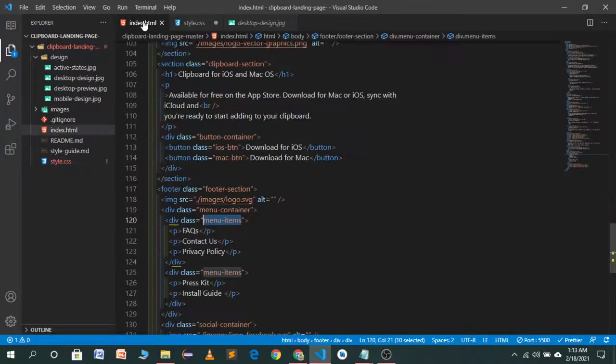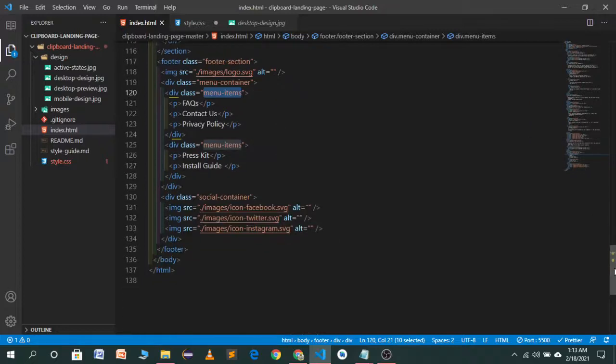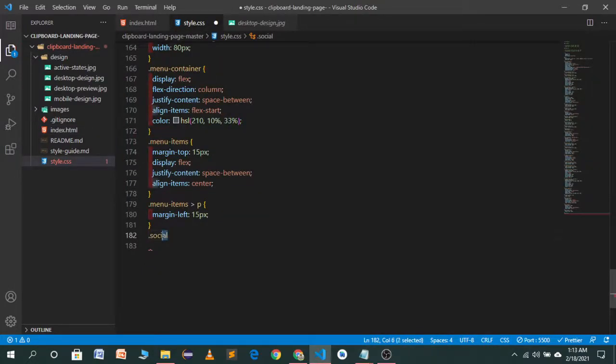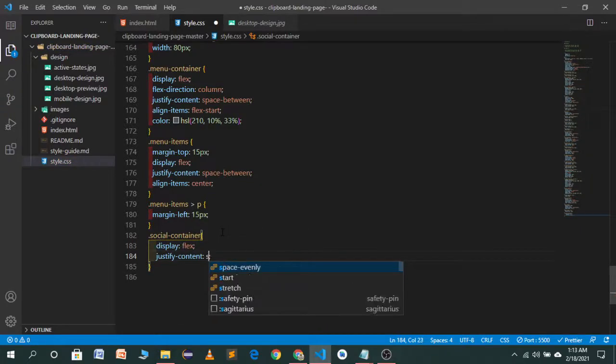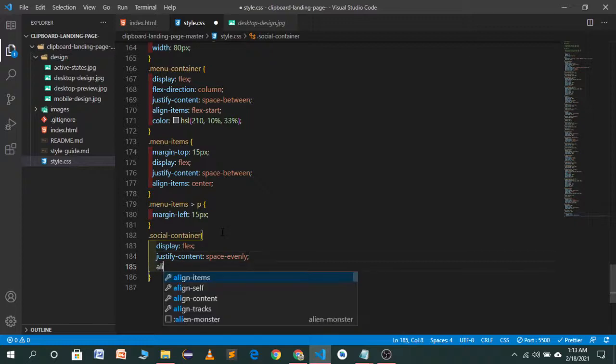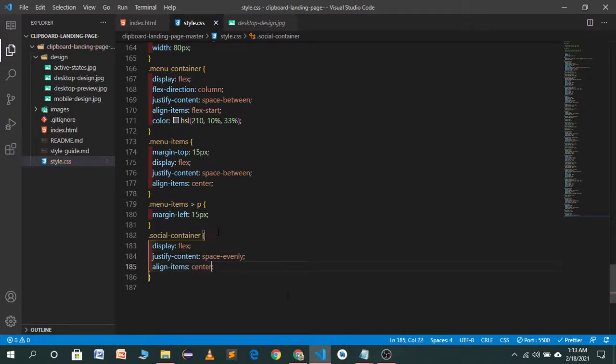I think we have given it a class of social container, not social icons. For the social container we will use flexbox: display flex, justify content, and align items center.